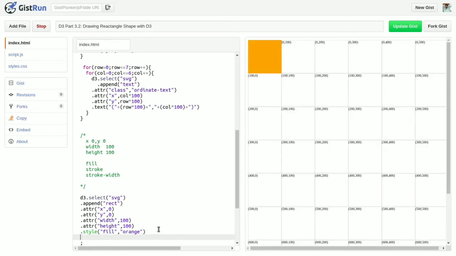Now if you want to give a border, then write dot style stroke, and I want to give it black. So you can see that a 1 pixel border is available on our rect.